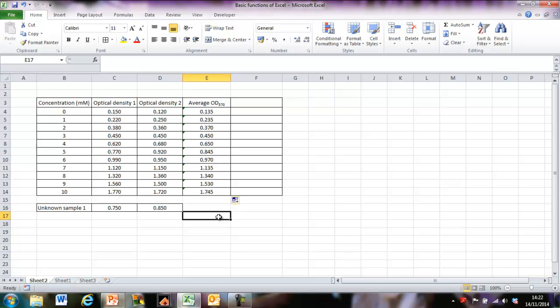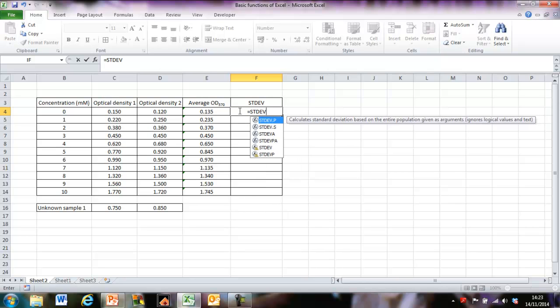Now, in order to try and demonstrate how variable my data are, I may want to calculate the standard deviation. So I'm going to abbreviate that to STDEV, so standard deviation. Now Excel will calculate this for me as well. You could do it on a calculator, but it's a little bit of a long process. Now again, I click in the first cell that I want to put the standard deviation in, and I click equals, and then I type in